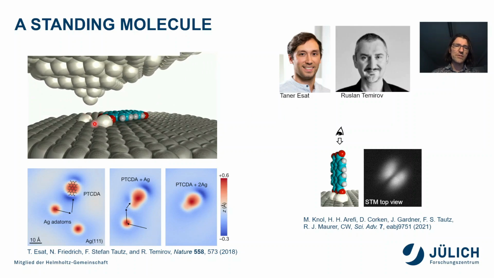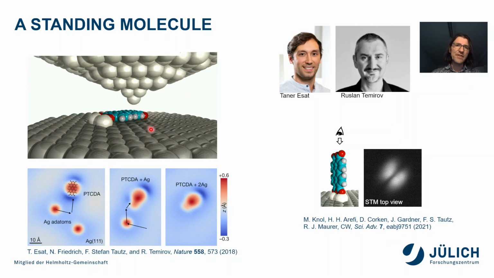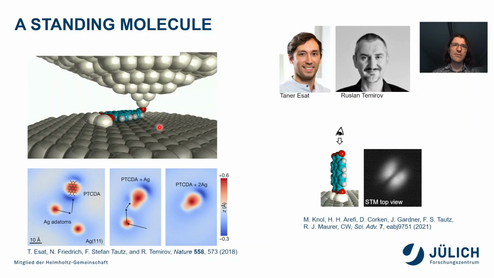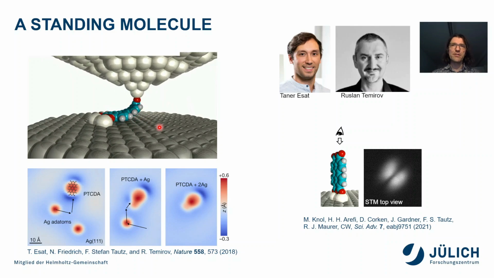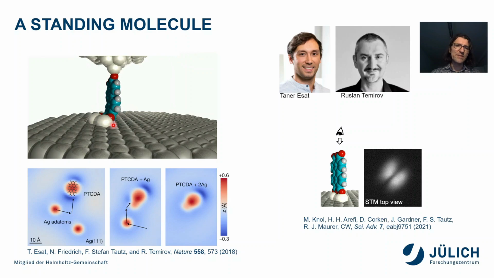Now, my colleagues Ruslan and Tanner were recently able to fabricate such a standing molecule by first constructing a pedestal of two silver atoms at one end of the molecule, and then contacting the other end, and by retracting the tip, lifting the molecule into a vertical configuration. And since the bonds at the bottom of the molecule are stronger than the bond at the tip, you can basically break this one here by retracting the tip, and then you have a